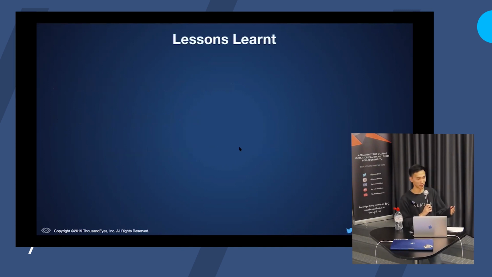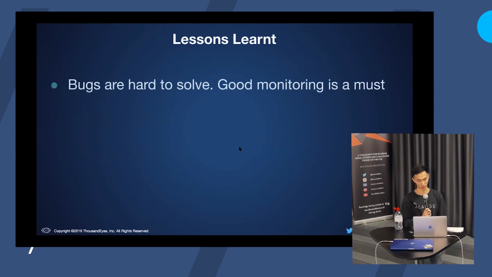But of course, not everything is easy and not everything is rosy. Building a reactive system is difficult, and it's super easy to introduce bugs. In traditional systems where your data is stored in a database, if you have a bug, it's usually pretty easy to look into your database and figure out what's wrong. If the row has the wrong value, then you can usually pinpoint where your bug is. But in an event-driven system, you don't really have a database. It's quite hard to look inside your event log and try to see where the problem was. So bugs are pretty hard to solve. And the way we've addressed that is through good monitoring and good operational excellence in general. Through our monitoring, we've actually uncovered a lot of issues that we didn't initially realize.